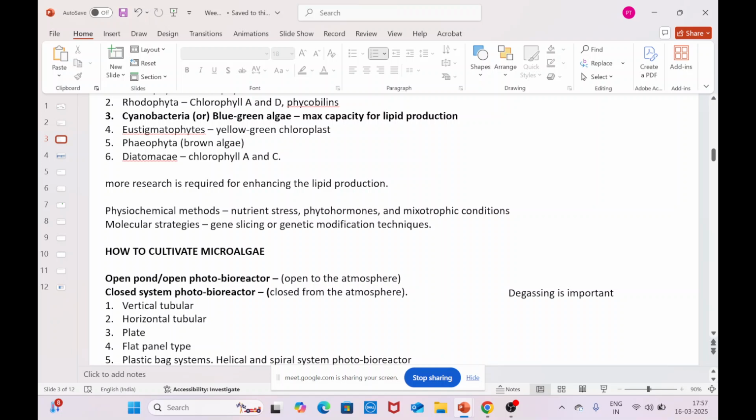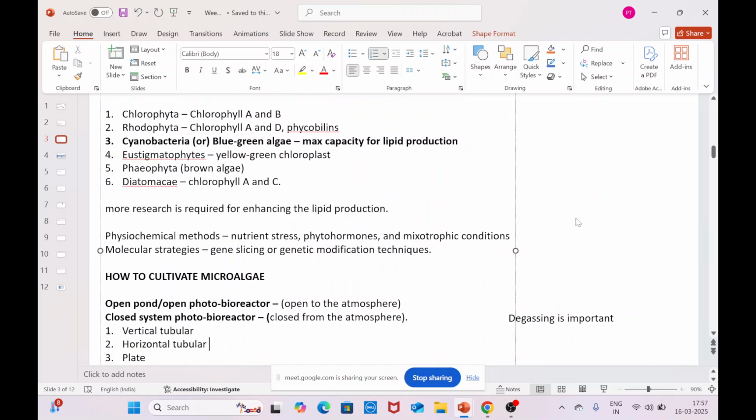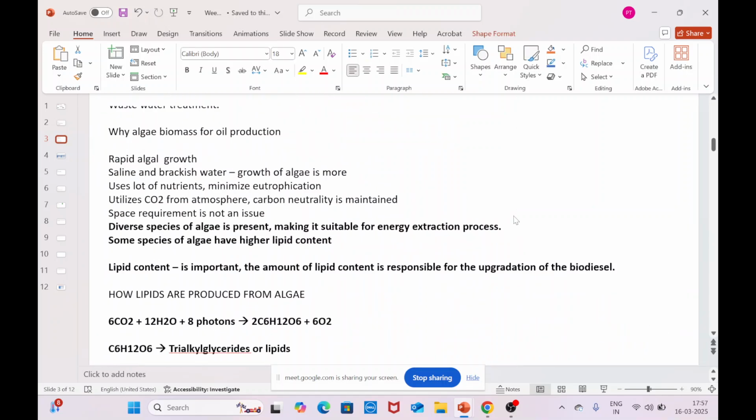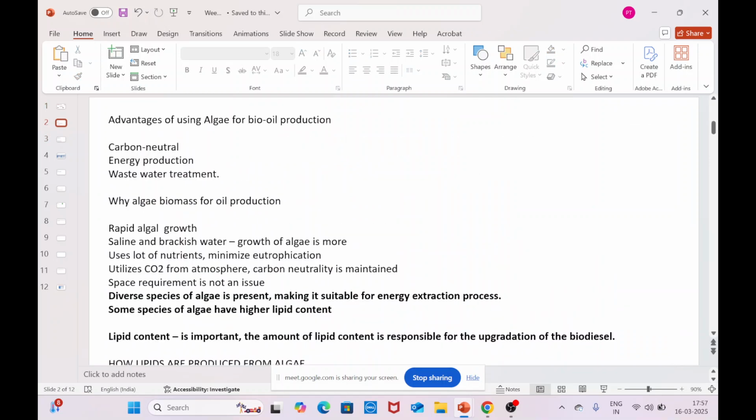The main reason is that some perform better with respect to certain parameters, whereas others perform better in other parameters. So coming to a conclusion about which one is best is typically hard in the case of comparison between tubular column and flat panel type reactor systems. So I want to make this clear here,